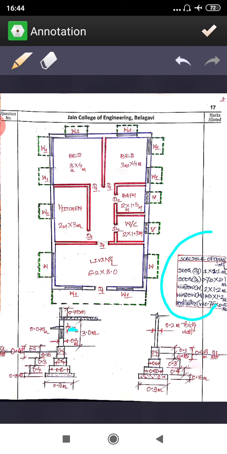Here this side you are having door D1 with a size of 1 meter into 2.1 meter, then door D2 0.75 into 2.1, window W 2 into 1.2 meter, window W1 1.5 into 1.2 meter, ventilator V of 0.75 into 0.5. So you'll be having this front door D1, here you'll be having D1, here also in 20 centimeter wall also you'll be having D1. So in 20 centimeter wall you are having 4 D1s and 2 D2s